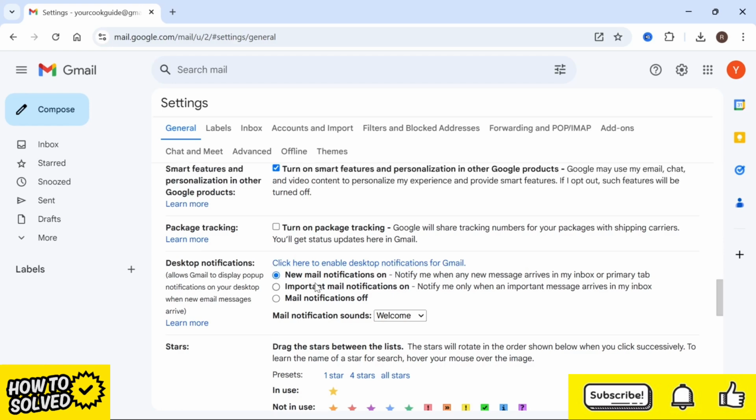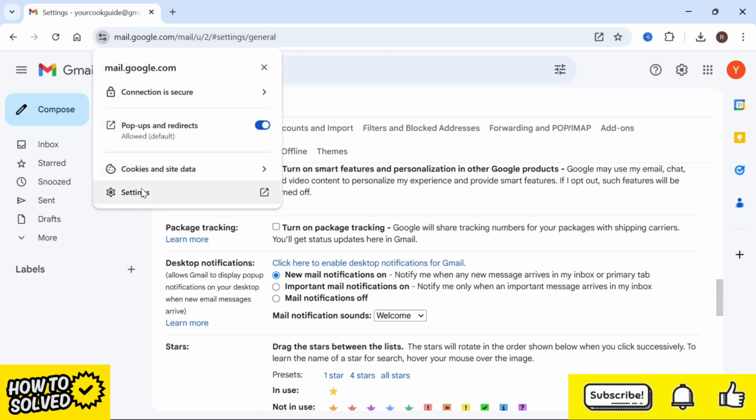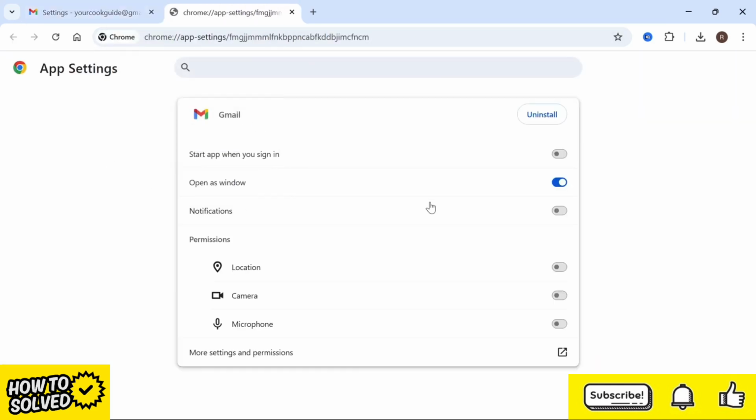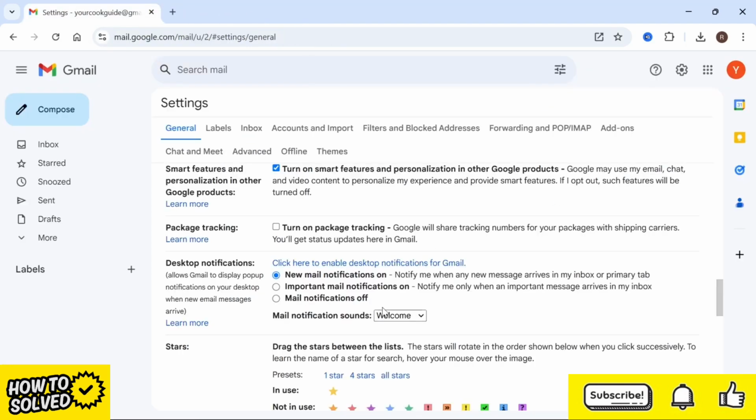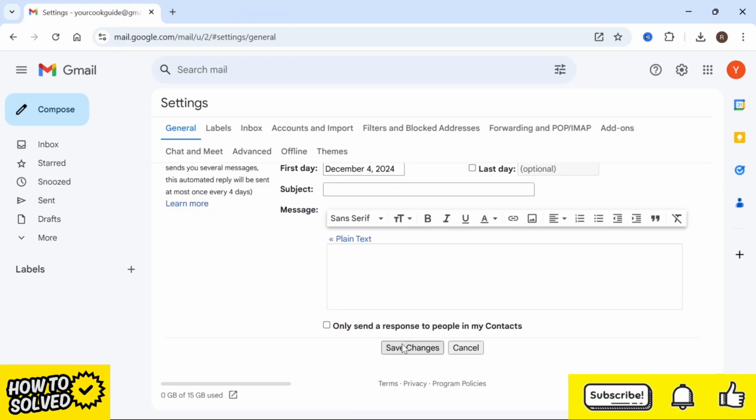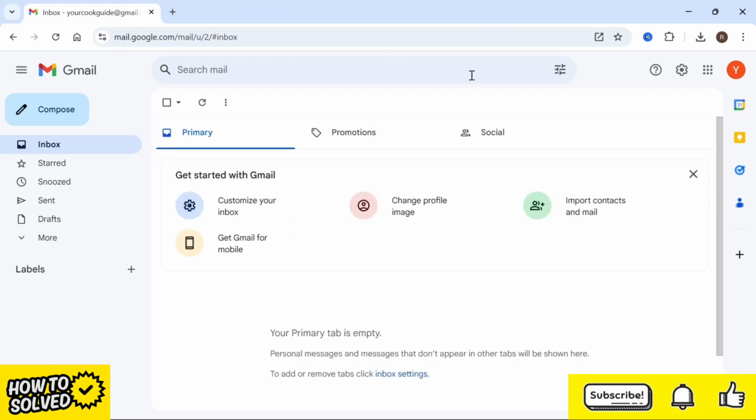So once you've enabled notifications from here, you'll then need to click on this icon next to the URL and select settings. Then underneath notifications, make sure it's also turned on from here. And then you can just close out of this window like so. And then we're going to scroll all the way down to the bottom and select save changes. And just like that, you've now turned on